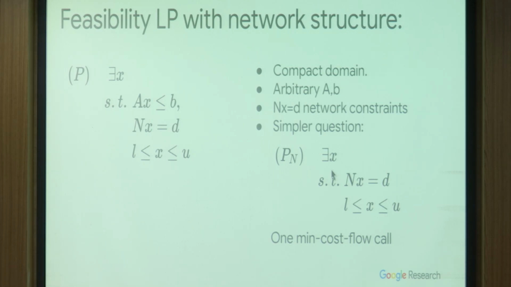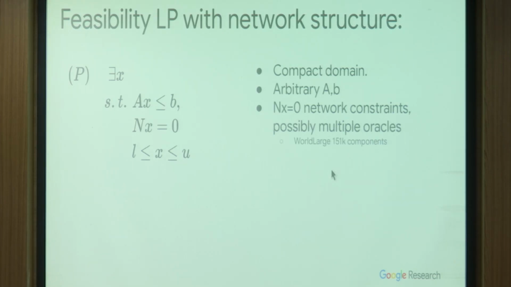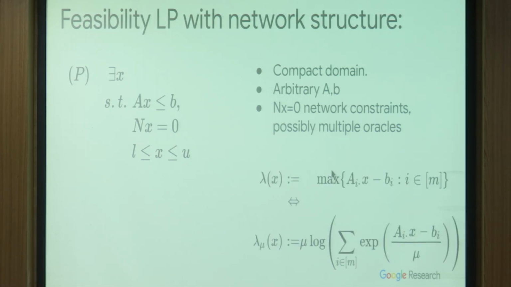And that's easy. You just run your oracle, min cost flow, and see if you can find anything. And after you do that, you say, oh, well, I can recenter my problem and take this x0 as an initial point. Of course, you have to change the right-hand side and all that stuff. But essentially, now you can look at the core of the problem. It's a slightly simpler thing. And you may hope to get parallelization through the sub-networks that you find. And in the case of big linear problems, you can find 150,000 network components. That part is there. The possibility is there.